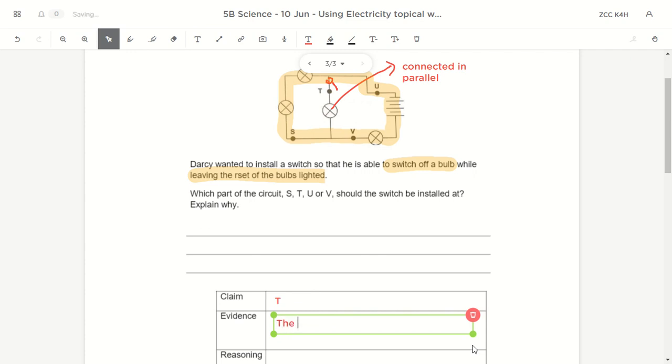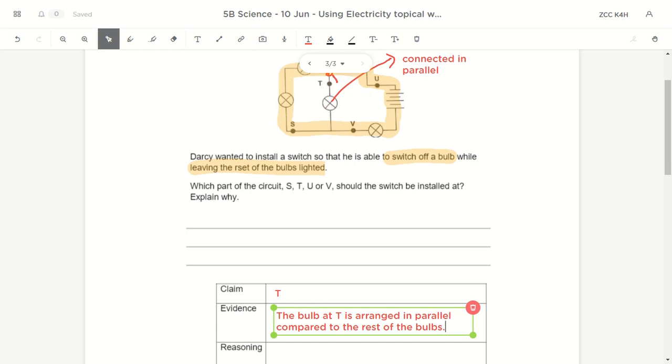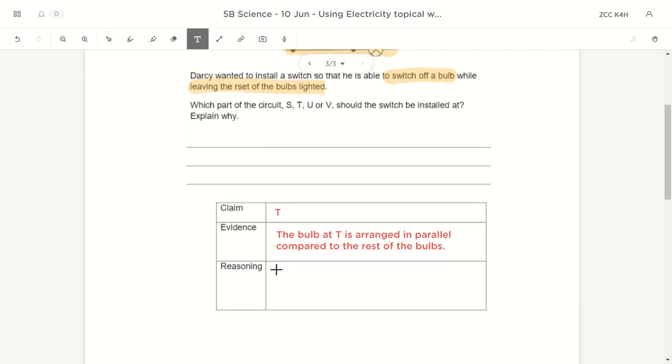Only the bulb at T is arranged in parallel. The rest are arranged in series. That's what you can see from the diagram. So what's the reason for choosing T? You realize that when the switch at T is open,